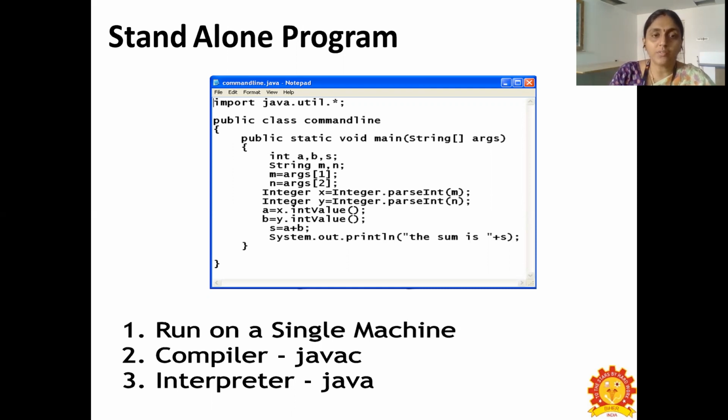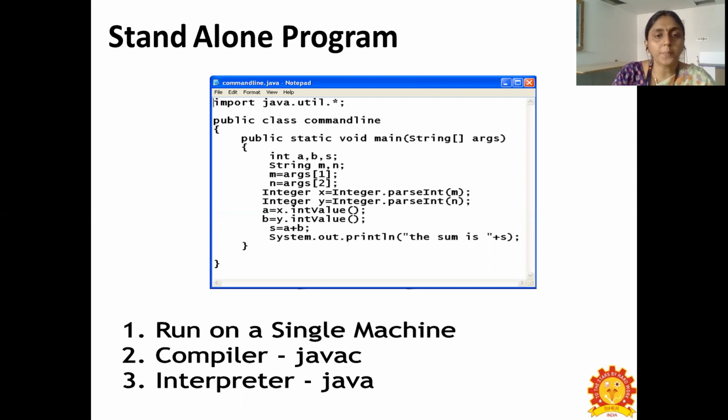Here we have a program written in Java, and we are importing the util package for scanning the input.